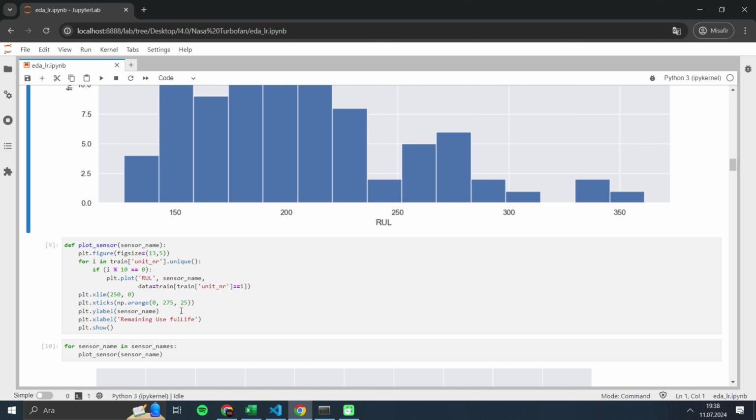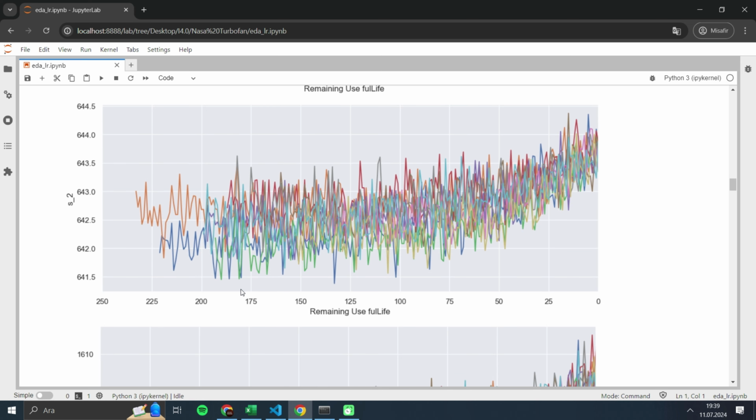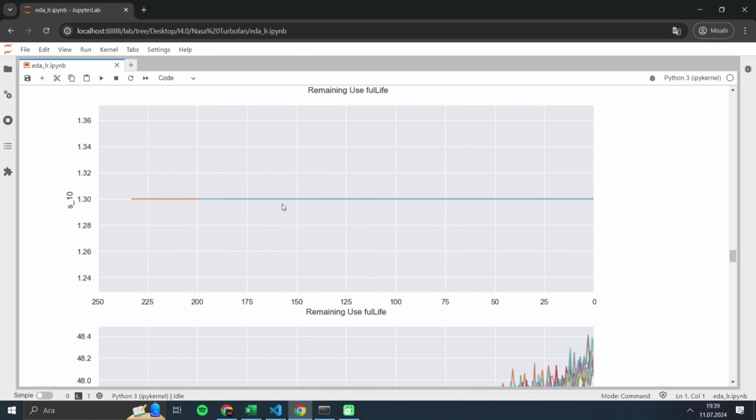The x-axis is set to range from 250 to 0, reversing the axis to show remaining useful life decreasing towards failure, and x-ticks are set to display at intervals of 25. The y-axis is labeled with the sensor name, and the x-axis is labeled remaining useful life. The plot is displayed using plt.show, and the plot sensor function is called for each sensor in sensor names, generating a series of plots. And